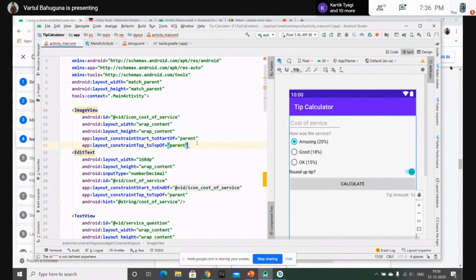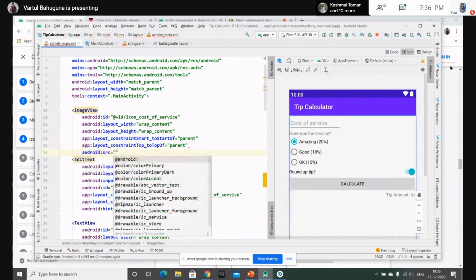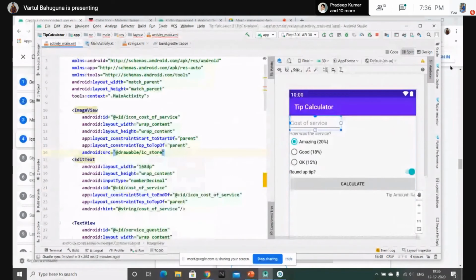Now let's provide the source of this icon. Source travel IC. Okay, so now we have our icon and then our text view.